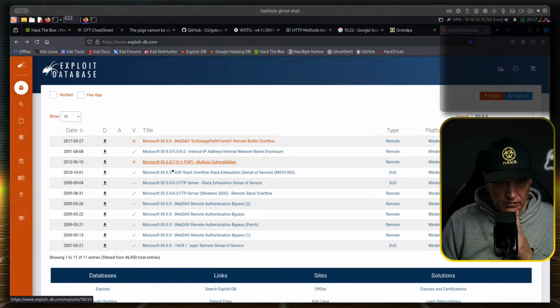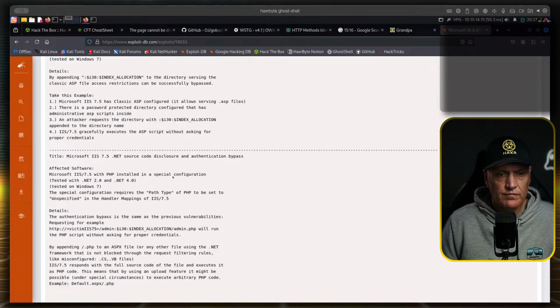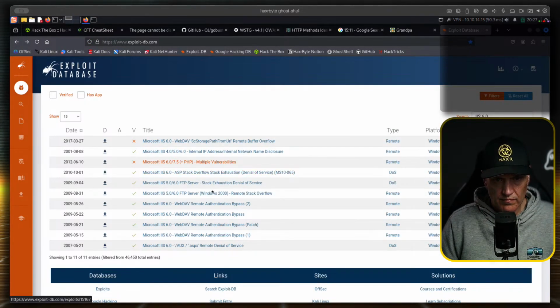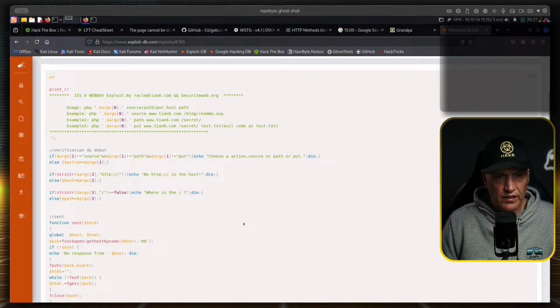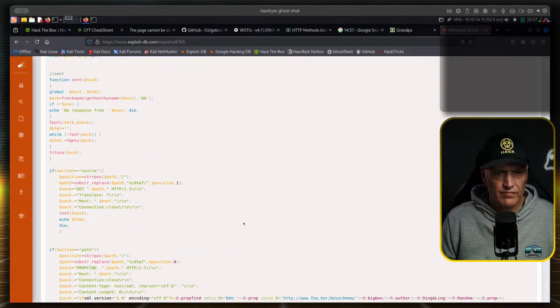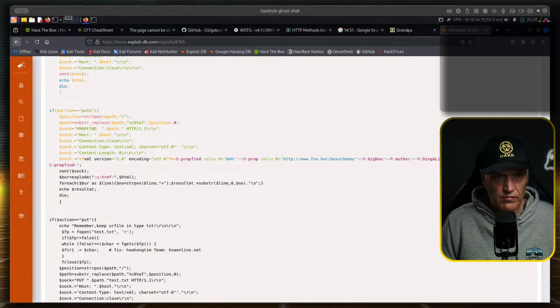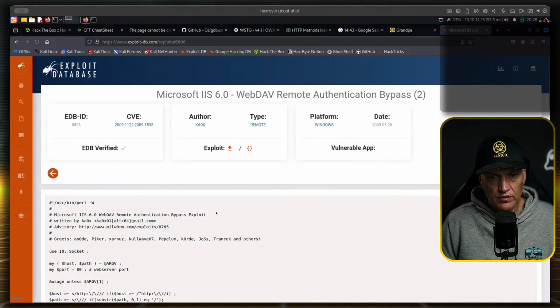Okay. Multiple vulnerabilities. Not HTB. Authentication bypass. Do we have authentication? I don't think so. Bypass 2.